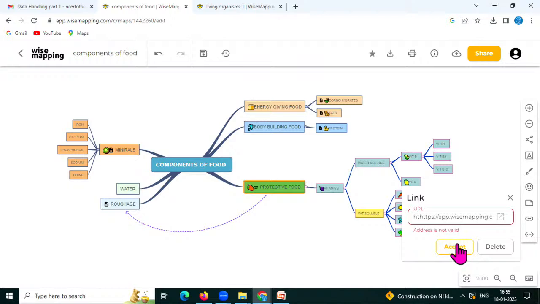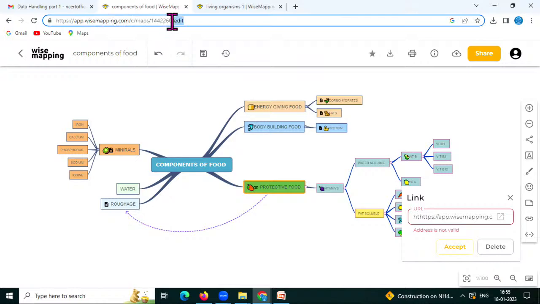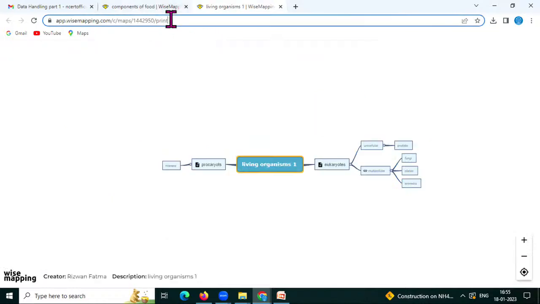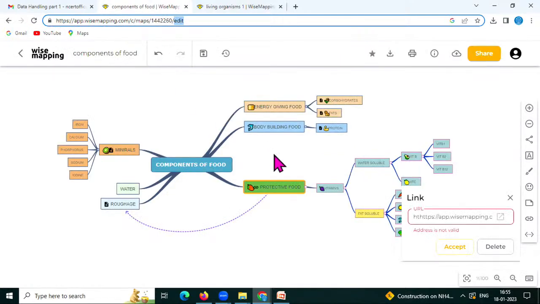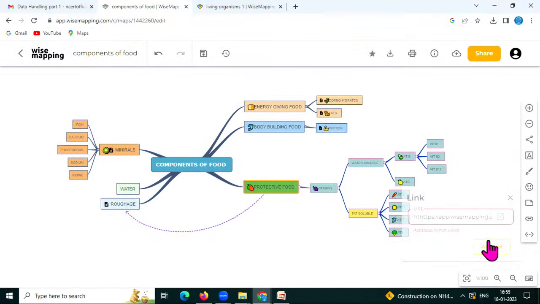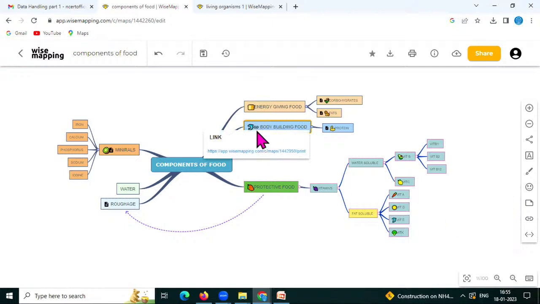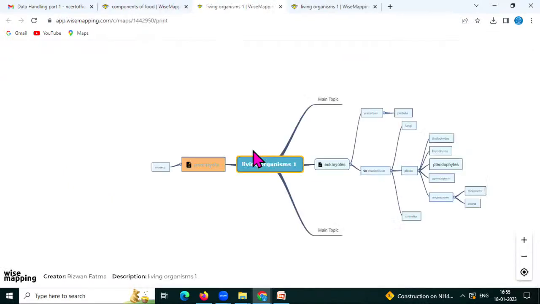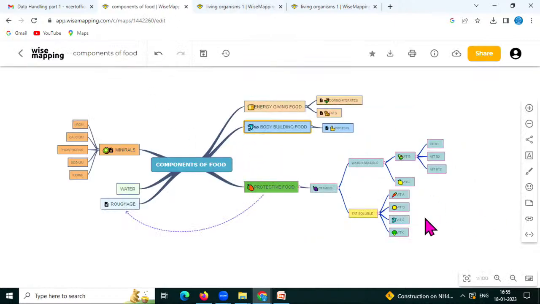Address is not valid. We can copy, add and accept. Okay, there is body building food, link is added. If we click, we can go to this site. So with the help of these icons, we can add the link here, we can add the note, we can add these